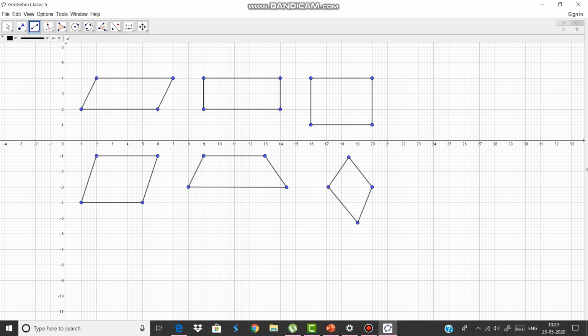Similarly, parallelogram and square: the property of the parallelogram is completely fulfilled by the property of the square. Two pairs of opposite sides are equal and parallel. Here also, so a square is also a parallelogram. Similarly, a rhombus is also a parallelogram, because the property of the parallelogram is completely fulfilled by the property of the rhombus. But a trapezium is never a parallelogram, because the property of the parallelogram is never fulfilled by the trapezium. So a trapezium is different from the parallelogram.